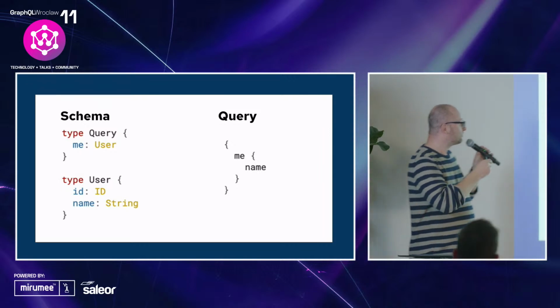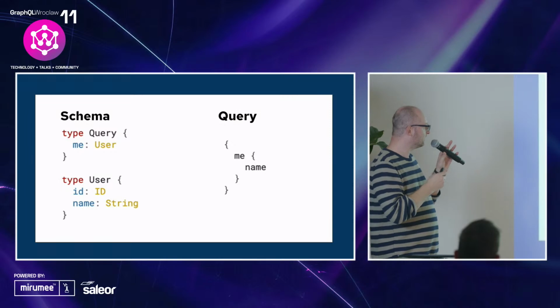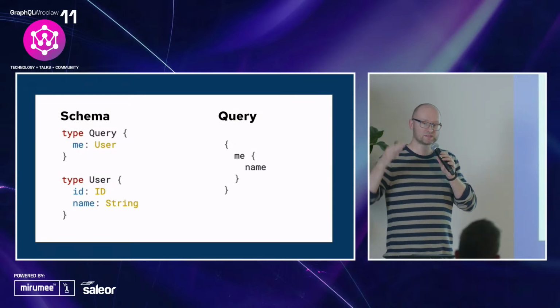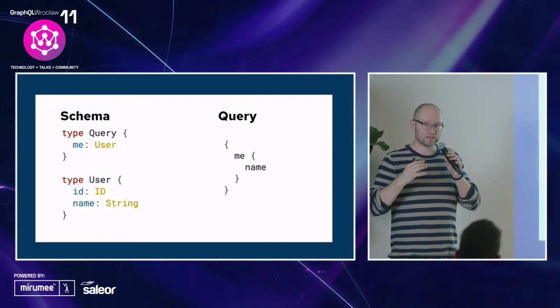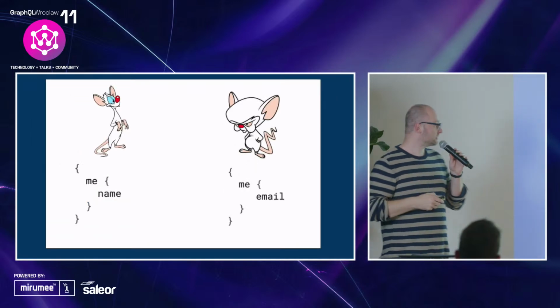So first, in GraphQL, we have two objects. We have schema, which represents the backend. So this is what we implement on the backend. Schema just represents our data, and it's later matched by something called queries. And queries come from the user.